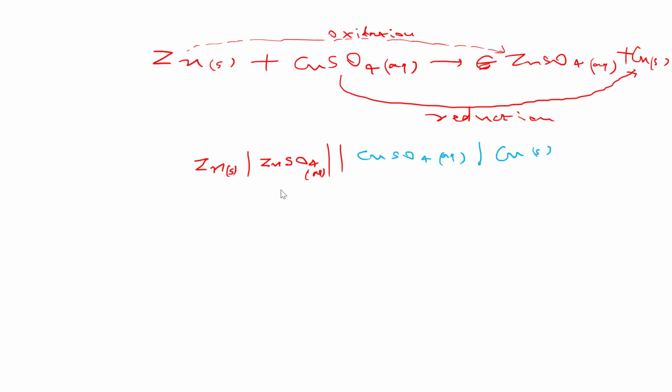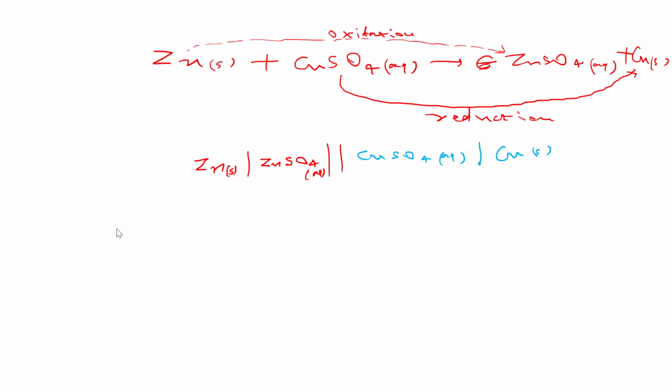And with the help of this representation we can identify which electrolyte we are using in the anode half cell, which electrolyte is used in the cathode half cell, which species will form the anode and which will form the cathode. All the information we can get with the help of this representation. Here we have written the molecular form of the reaction. If we are given the ionic form of the reaction, then we can also represent the galvanic cell in the form of ions, where we can remove the spectator ion species.